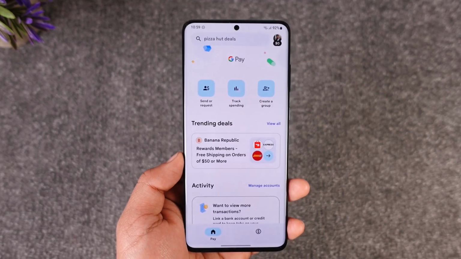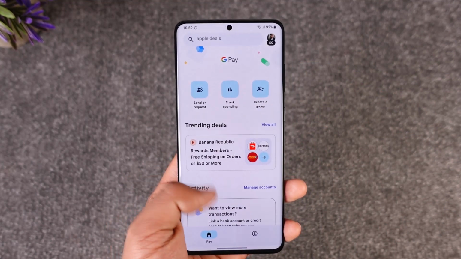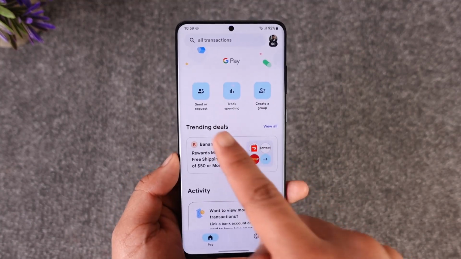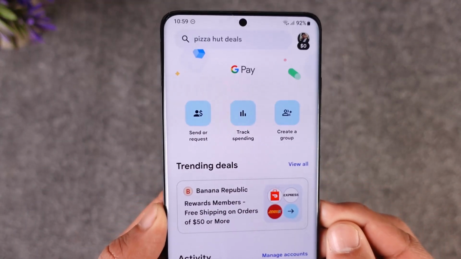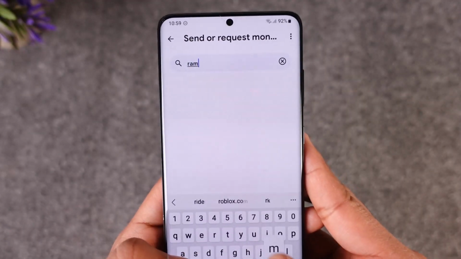All you have to do is make sure to launch the Google Pay application that you can find here, and after you've done that, if you would like to send money, at the very top you can find an option that says send or request. So tap the send or request option here and then simply search for the person to whom you would like